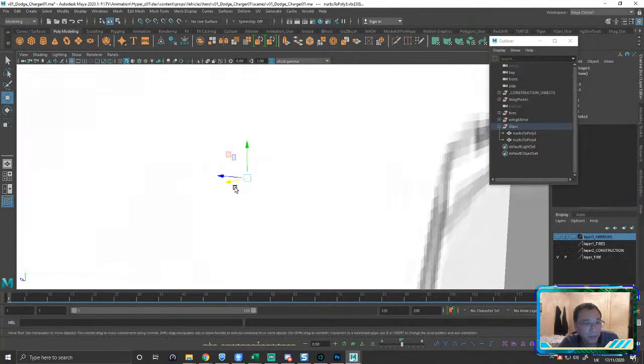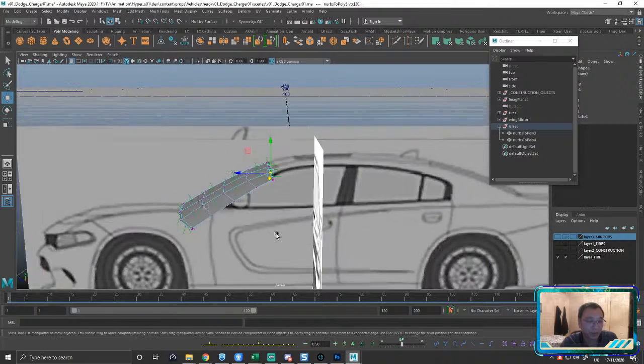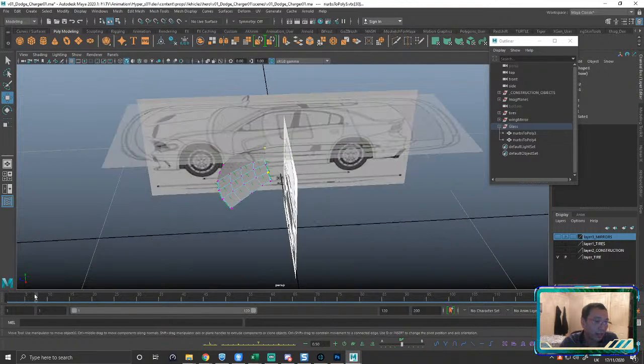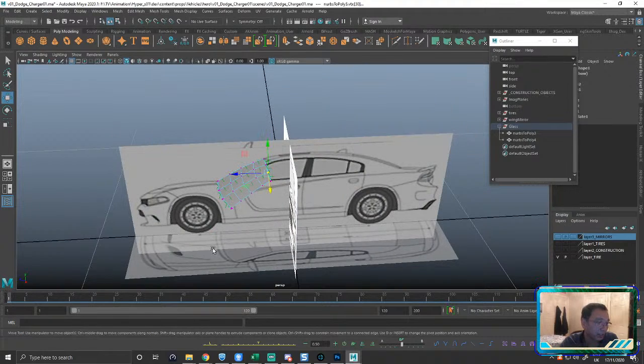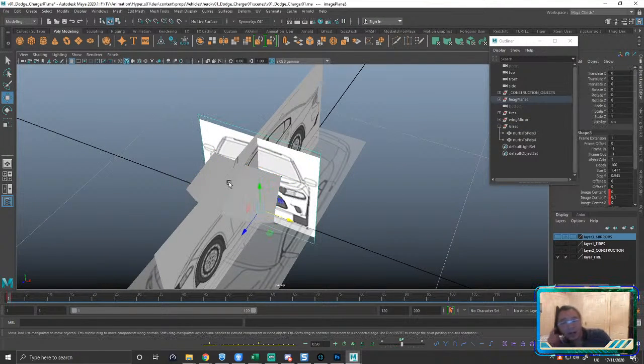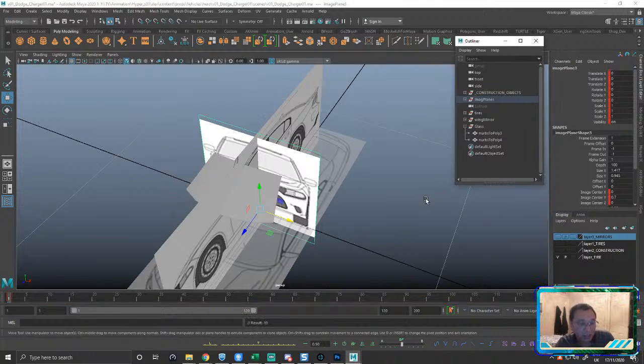Now, notice when I'm zipping around, the image plane is getting in my way. Hence why I animated them. Oh, I didn't animate this one. So let's animate this one. Notice how I got them shifting positions. So let's do that for this guy. Oh, and this gives me an opportunity to talk about how you animate the rotation of this. I'm going to hit the S key to save a keyframe there. Now, with that image plane selected, I can rotate it.